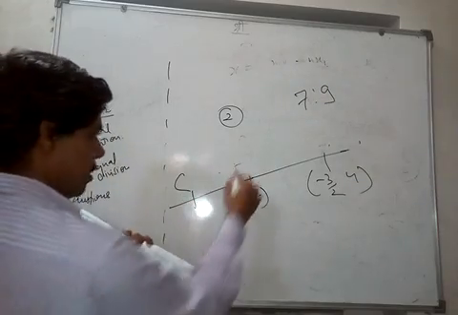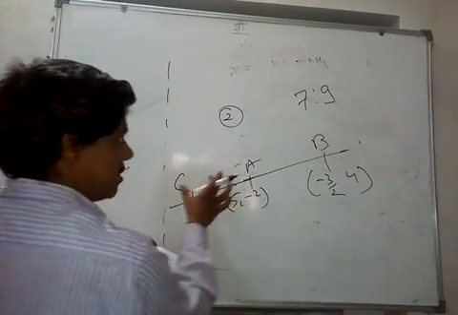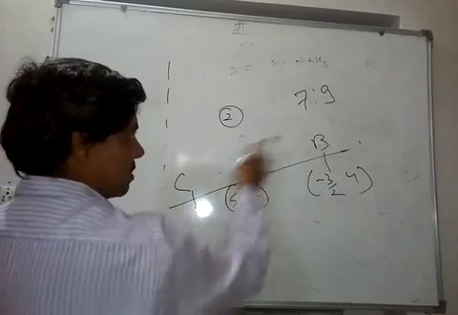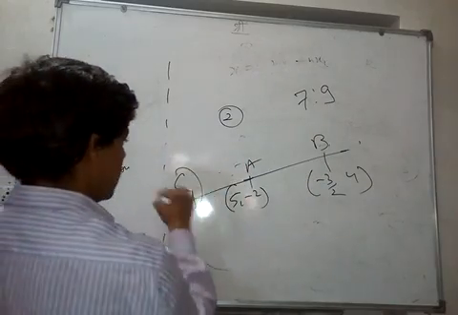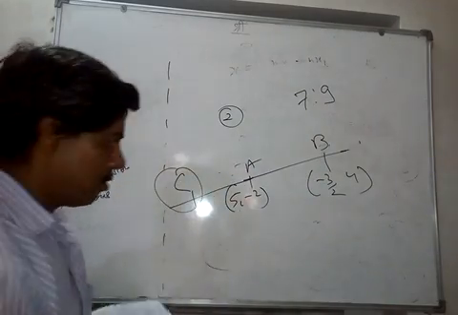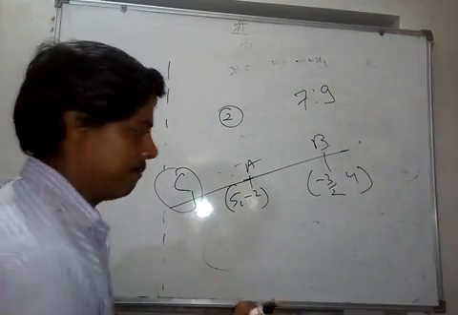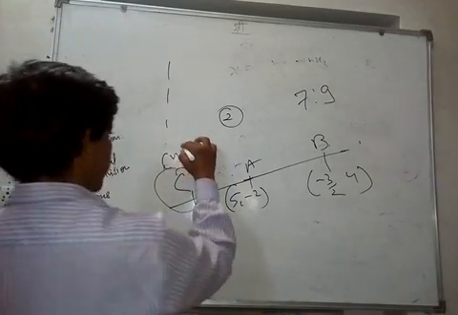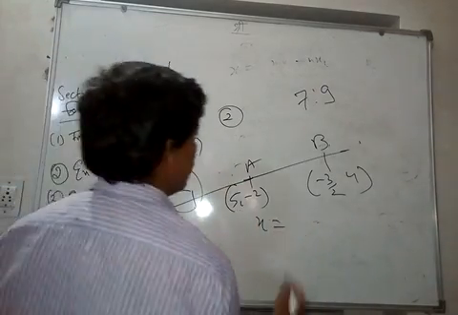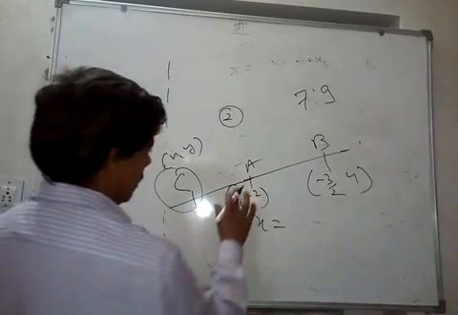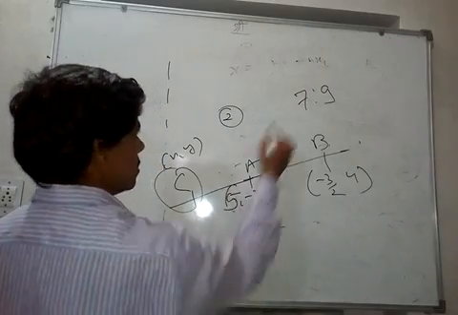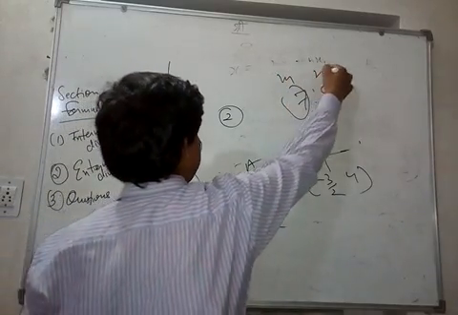Why? Because it is always starting at AC upon BC. So BC is greater, AC is less. So this has to be this side. Doesn't matter. No need to draw the diagram. Just understand the formula remains the same. So let the coordinates be x comma y. So x is equal to what you will write, m times x2. So what is m? M is 7. M is equal to 7 and this is n.